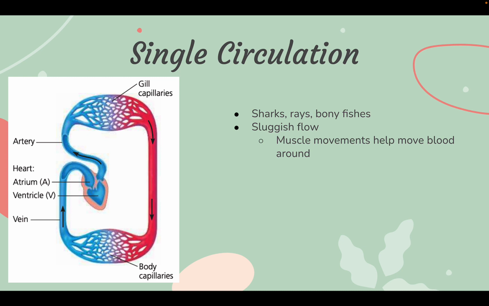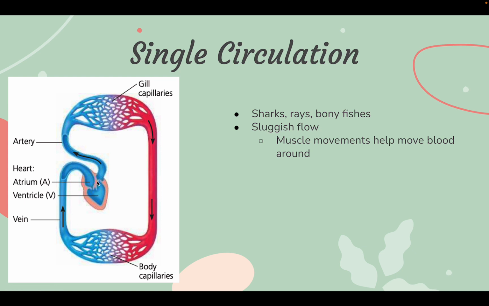All right, so there's a couple types of circulation within circulatory systems. First we're going to talk about single circulation. You find this in sharks, rays, and bony fishes. And essentially it's called single circulation because the blood really just goes through everything once and then returns back to